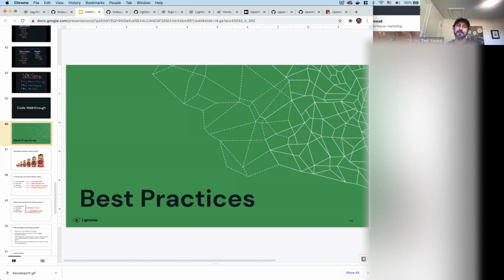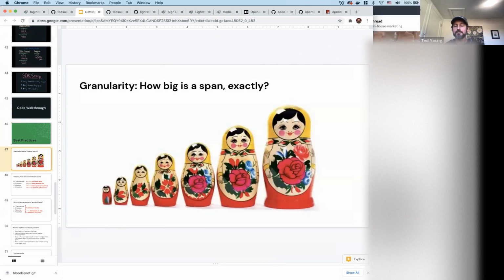So we're coming into the last part of the workshop here. So we're going to move back out to kind of talk about some of the more soft issues around best practices, rolling out OpenTelemetry, things of that nature. So we've already talked about this a bit, but one best practice is around naming of spans and how many spans you should need in your system.